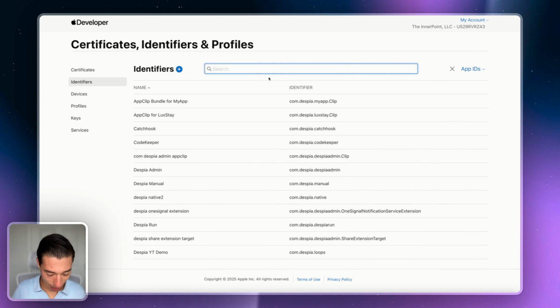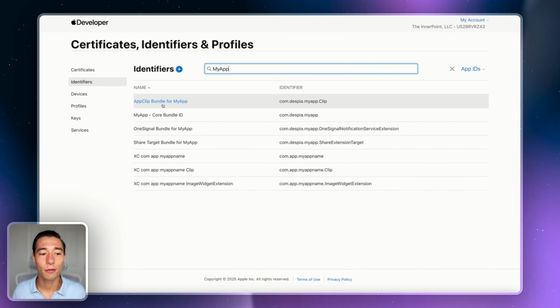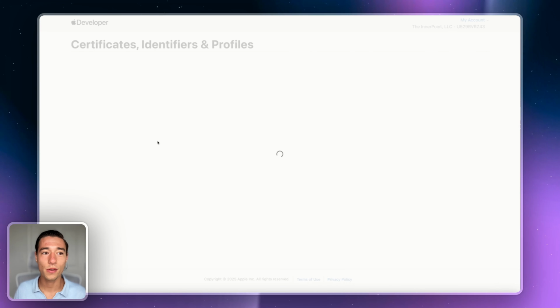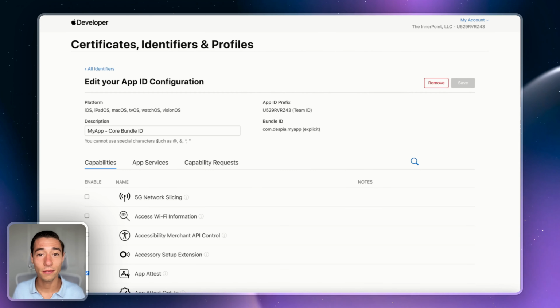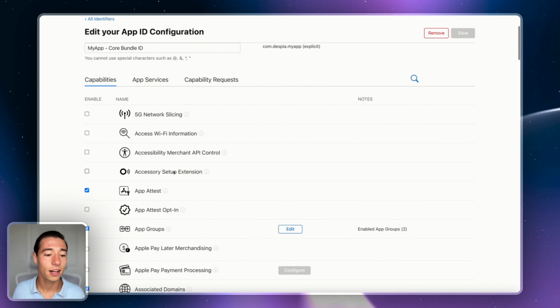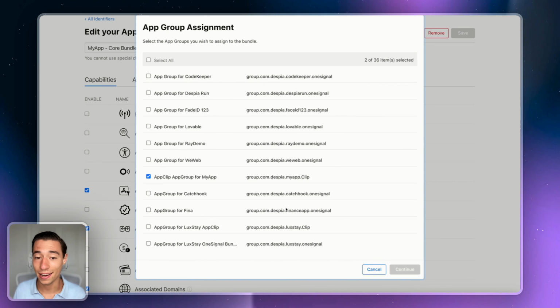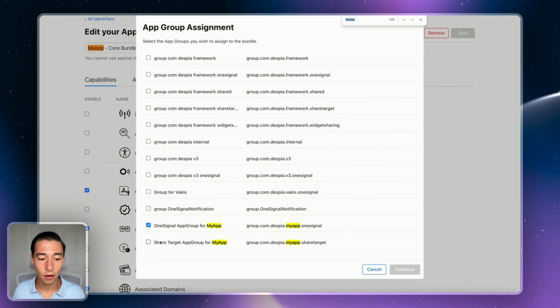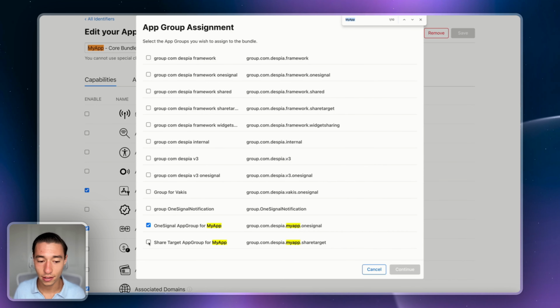Now we can go back to our app name. We will go to our core bundle ID that will contain everything. This is the bundle ID assigned to the application. And we will now go to app groups and we will link the one that we have just created, or just linked to the package, right? So we will go on app groups, edit. I will look up my app name again, and we will now link this with the shared target app group for